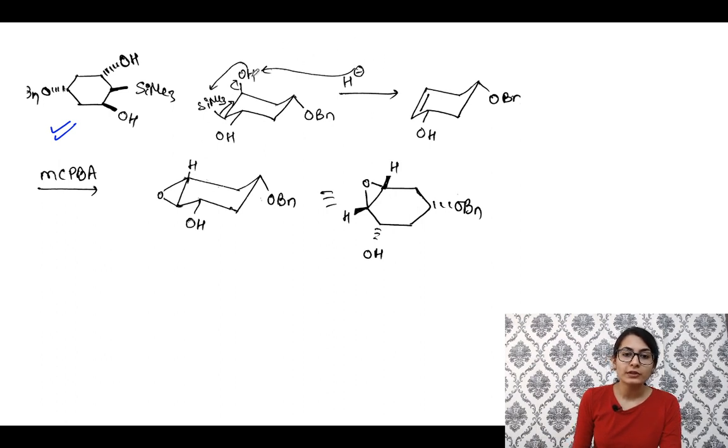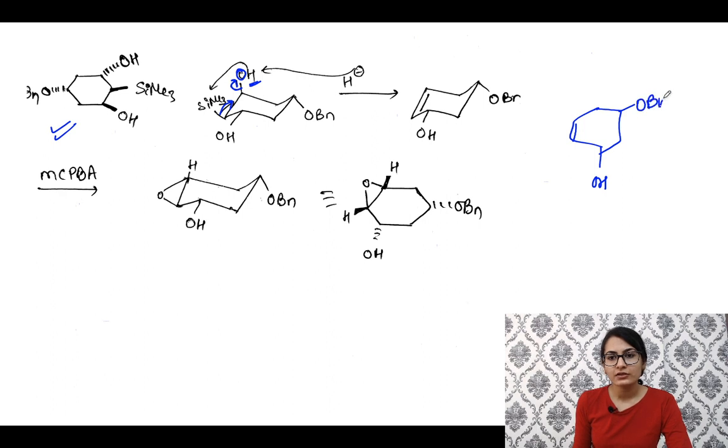So this base is going to take up this hydrogen. O becomes anionic, it becomes anionic oxygen. It's going to attack over silicon, and the bonds are going to fall like this, and so on. Finally you get an alkene over here, right? This is where you get an alkene. This is the first part of this question, right? So you can also write it like this if you want, that let's say there is a double bond over here. This is the OH, and on the third carbon it's going to be OBn. This is a benzyl group. Okay, and both of these were below the plane. Both of these are below the plane, so that is why I've written a dash line over here.